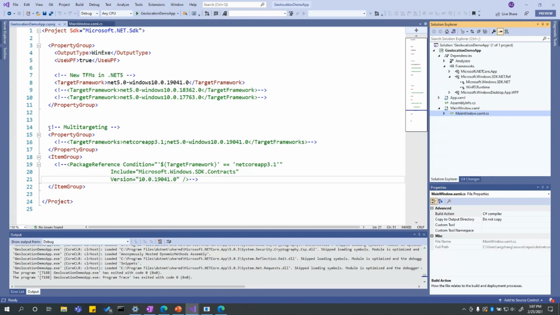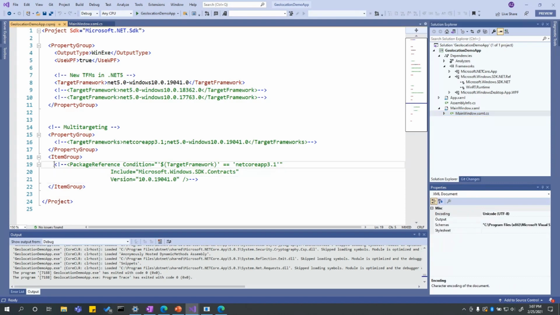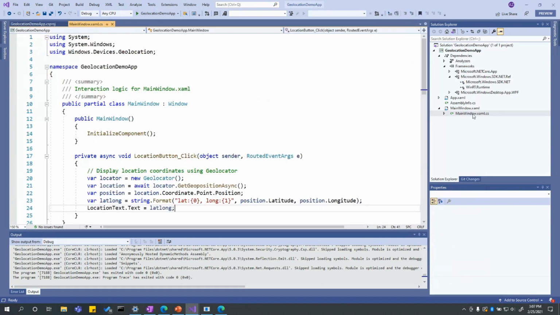So in the case where, for example, you wanted to target both .NET Core 3 and .NET 5, then you can do that. All you need is this package reference conditional statement. So you would need to add in that contracts package if you're targeting .NET Core 3 or .NET Framework or so on. And so now looking into my main code file, you can see with the TFM, what it brought in was